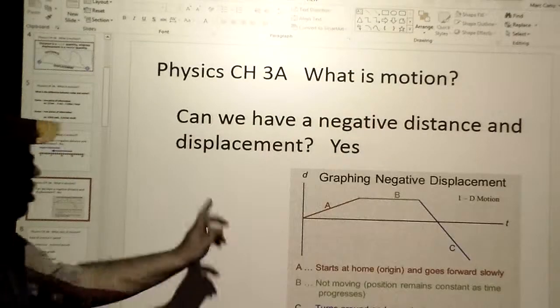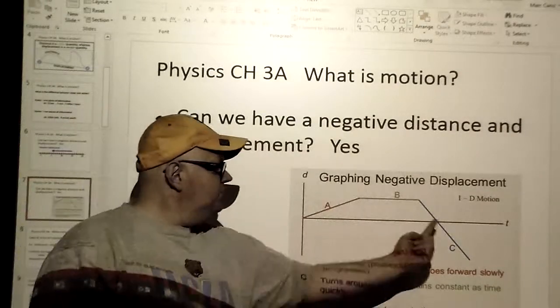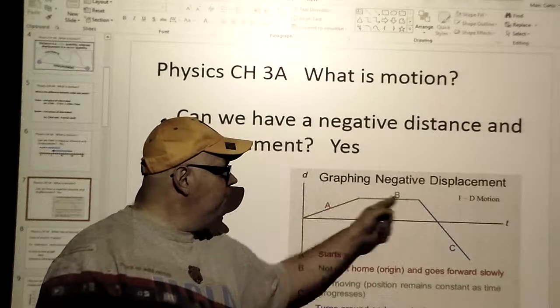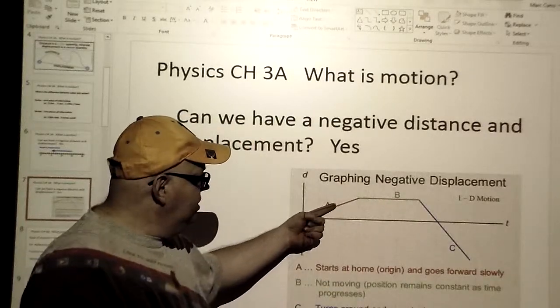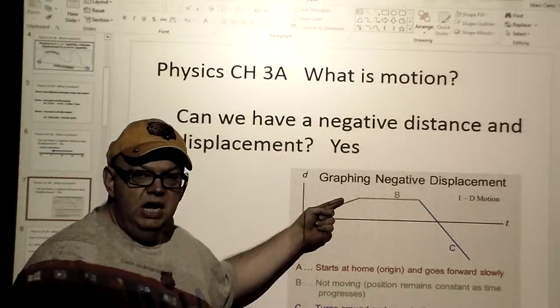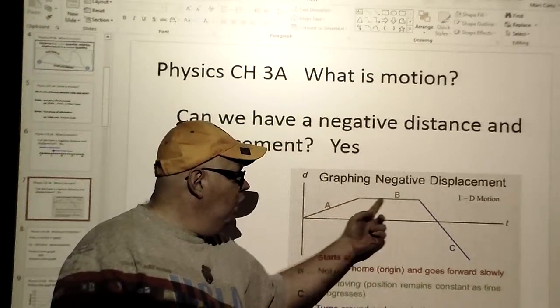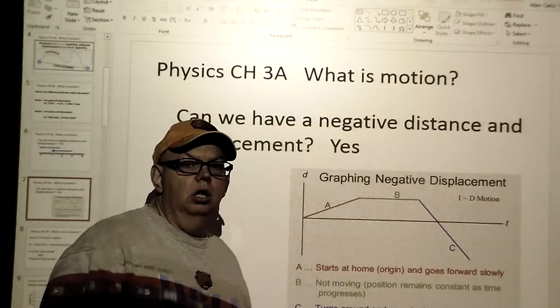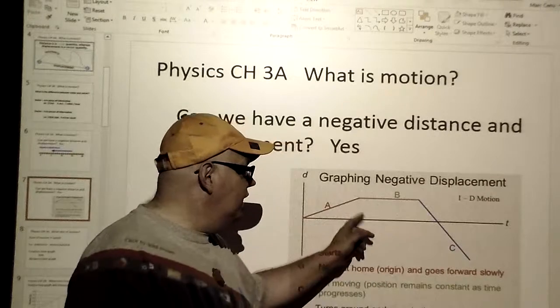Moving on. You should be able to recognize a graph like this, distance versus time. You should be able to tell me what's happening with these lines. So in other words, if you're going up like this, guess what? You're speeding up, you're increasing. When you are here, are you moving at all? No, because the distance isn't changing.